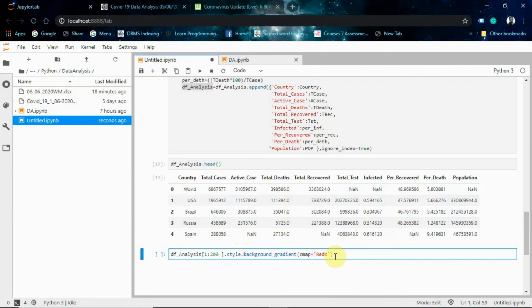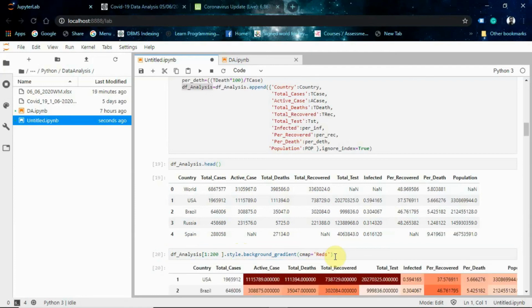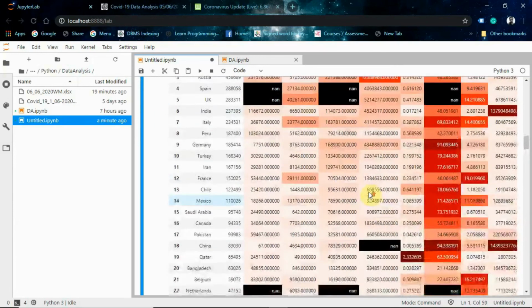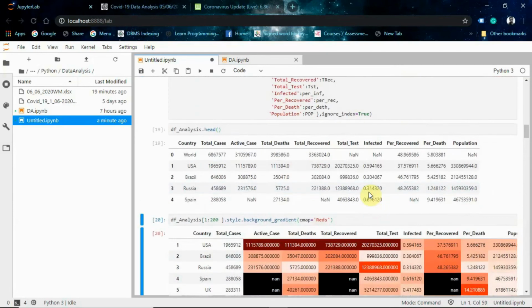So it's just going to change our data like this. It's going to shade our data. The lower the number, the lighter the color, and the higher the number, the darker the color, right? So it's very handy to visualize where we got some higher values.